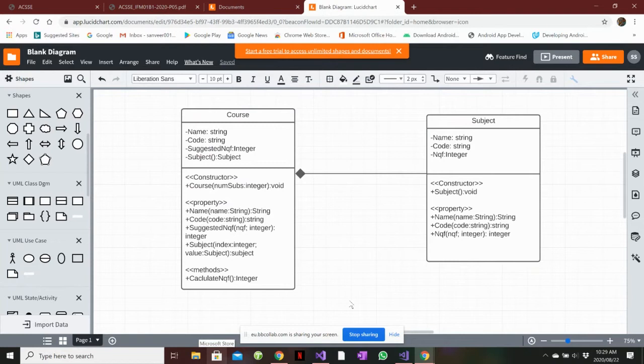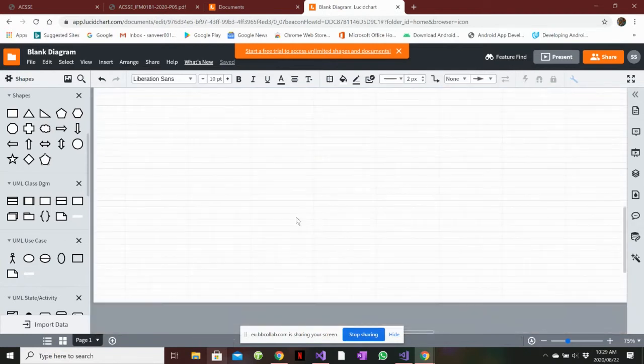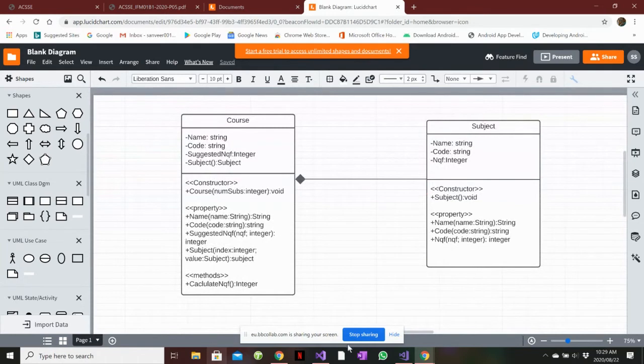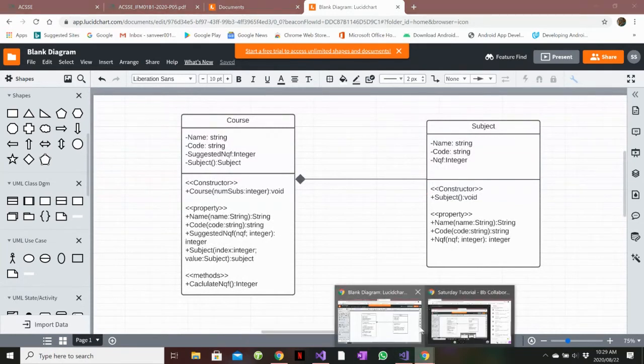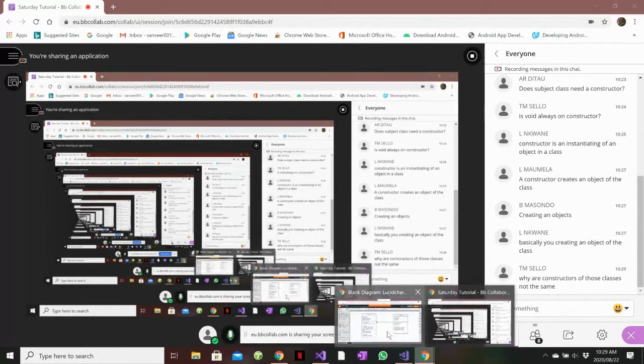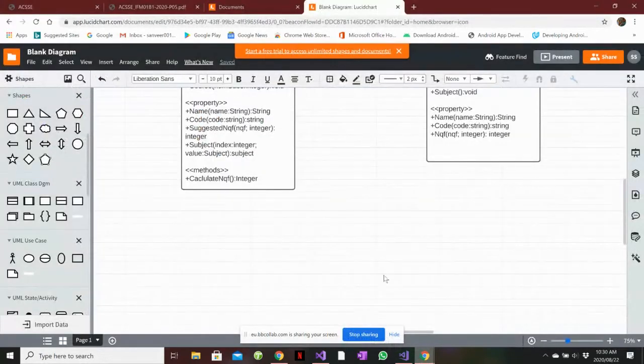Now let's talk a bit about constructors, right? So what does a constructor do? When I create a class of my own, when I create subject here, it has name, it has code, it has NQF, right? But what the computer actually sees in here is a, let me just go see if somebody has a question. Why are constructors of those classes not the same? Okay, let me try and explain to you what a constructor does, and maybe you can tell me why they're not the same, right? So let's assume that